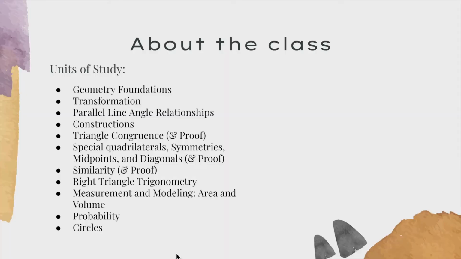Here's a quick overview of the units for this class. For those of you who are familiar with the course of geometry, these might seem familiar. For those of you that are not, that's okay. This is just a quick rundown of what things will be covered throughout the year in this course. This is probably about our semester split. Depending on our timing of the year, the quadrilaterals unit could be in semester 1 or semester 2, or shrunk into one of the previous or following units.